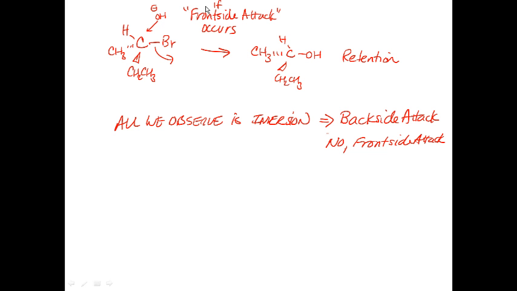Okay, so front side attack doesn't occur, so we can just cross out front side attack. The experimental evidence is that we always get inversion of configuration when we undergo SN2 substitution. Now, later on, after the chirality experiments had been done, people found out the orbital reason why SN2 occurs